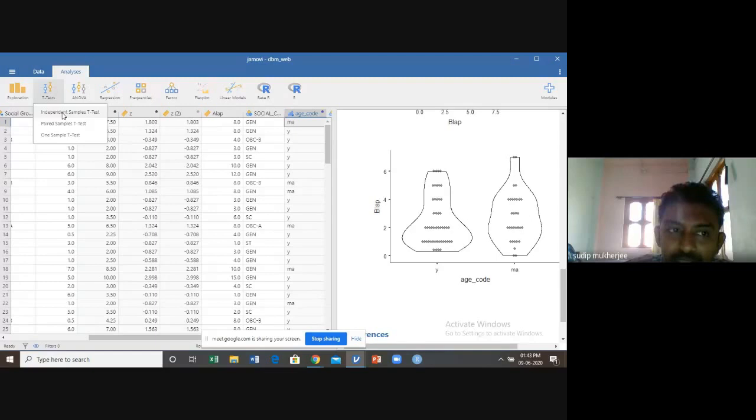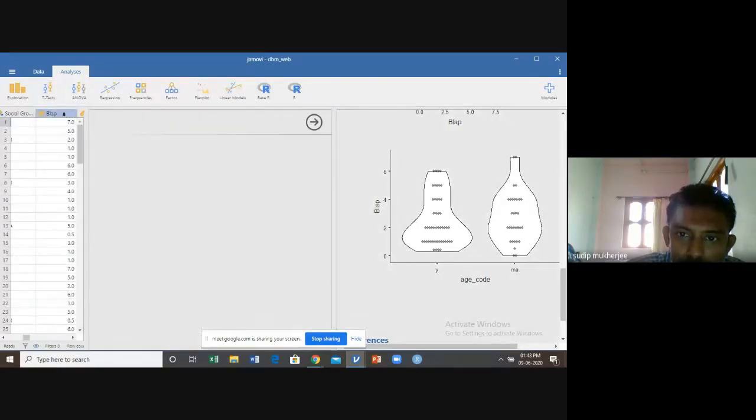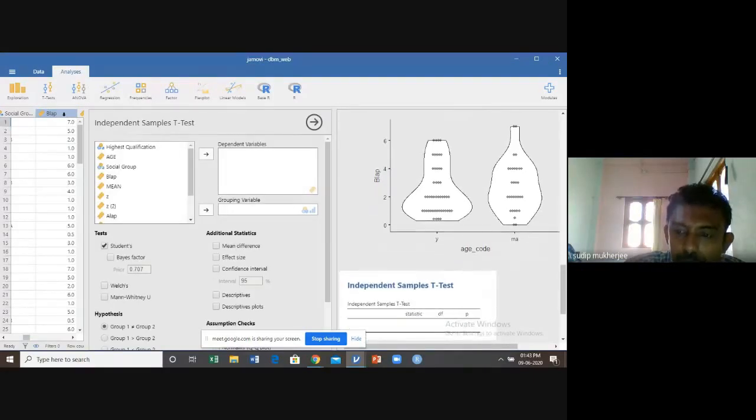When the groups are different, that is, one is young and another is middle age, or one is scholarship student and another is non-scholarship student, you can use the independent sample t-test. Since the groups are different, we are using the independent sample t-test here. So click on independent sample t-test.